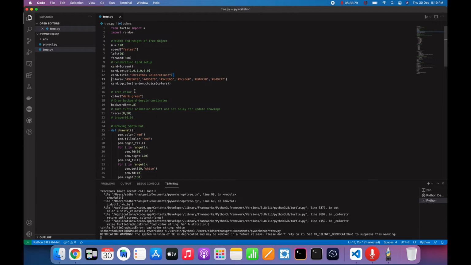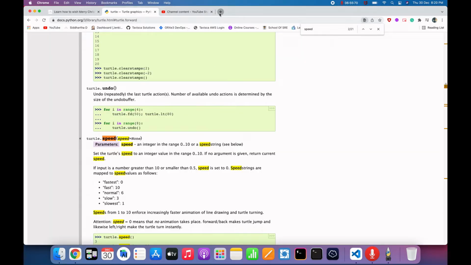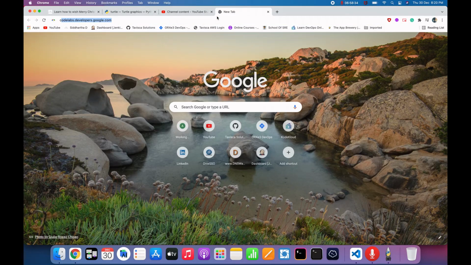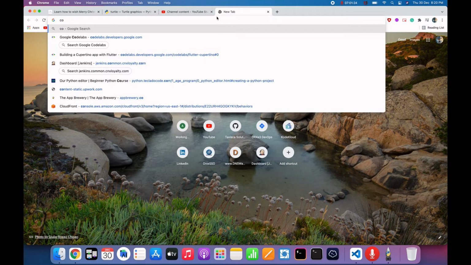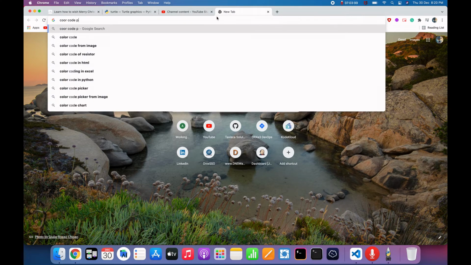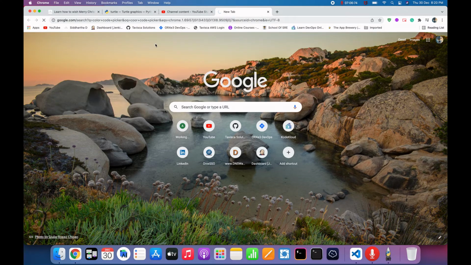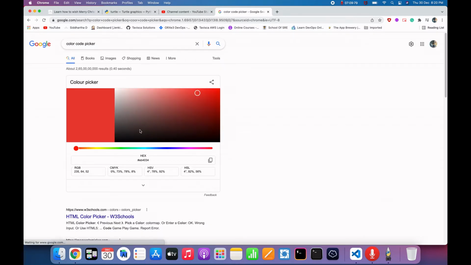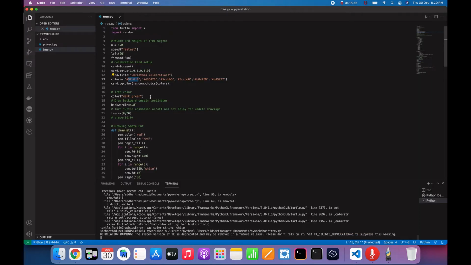And then the title of our card, which is a Christmas celebration, and these are the number of background colors we wanted. These are some of my favorite colors which I'm going to use here. You can use whatever colors you want. If you wanted to know how to get the color names, color codes, basically you can use the color code picker online library. You can just type color code picker, then like this you can get the number of color codes. You can see the hex, and you can copy from here and paste it over the list